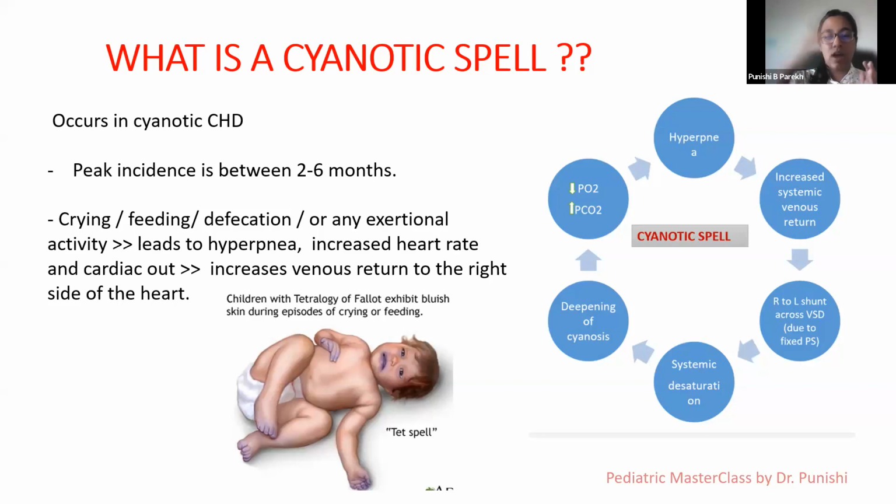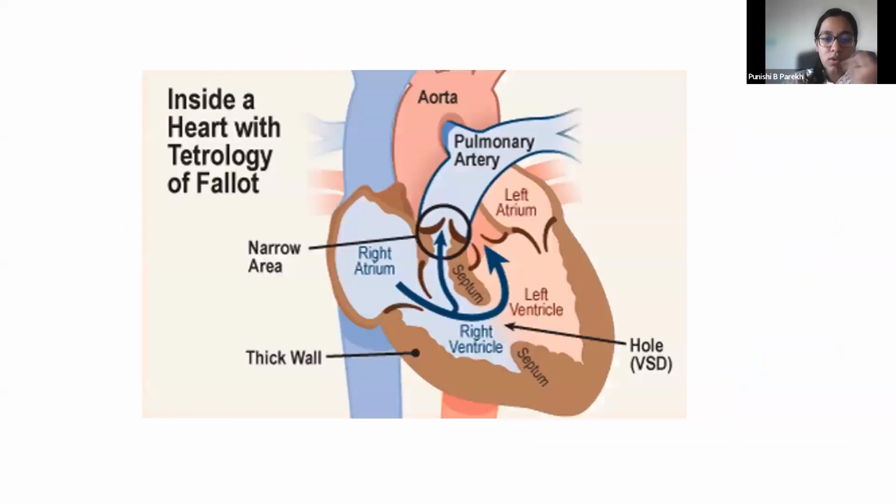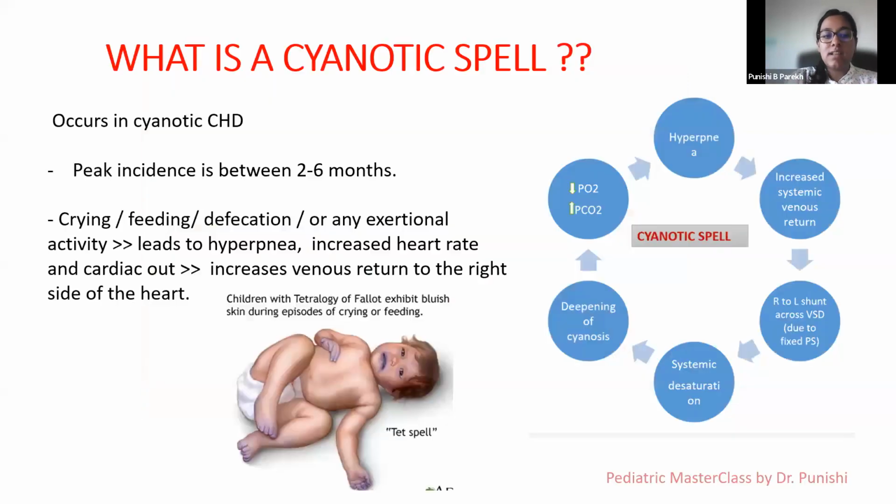When you have more cardiac output, eventually all of that blood has to come back to the heart, right? So there's going to be increased venous return to the right side of the heart. So now what happens? When you have increased systemic venous return, that results in more shunting from the right to left across the VSD. So if you look at this diagram to understand this better, I said there is going to be more cardiac output. Okay, so there's more blood leaving the heart. All of that blood eventually has to come back to the right side. So now there's more blood